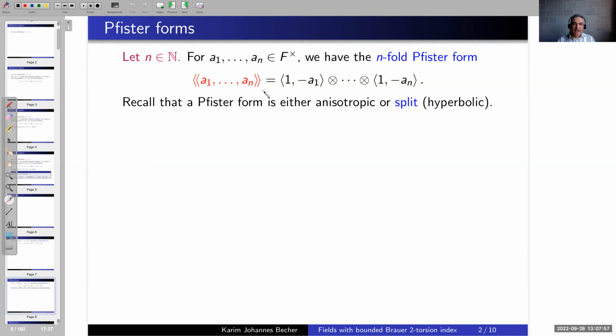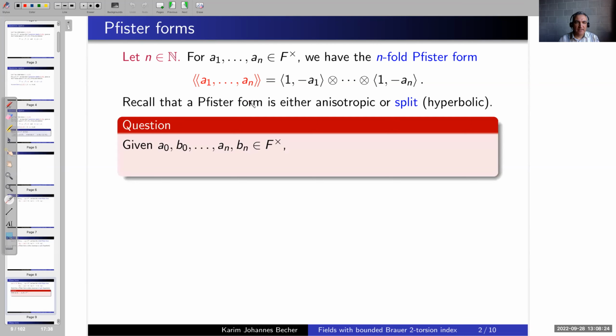So they are either anisotropic or hyperbolic. And I mention this because I will use it. And I will also say "split" rather than "hyperbolic", simply for economy, because the word hyperbolic is so long for the page. Good. And now here the tensor products of quadratic forms, how are they related to the tensor products